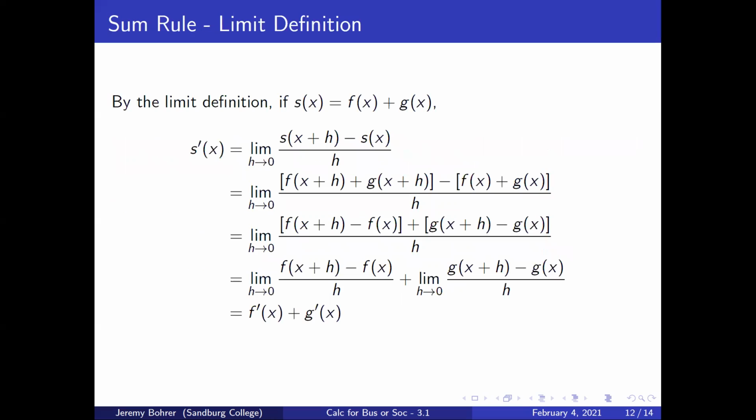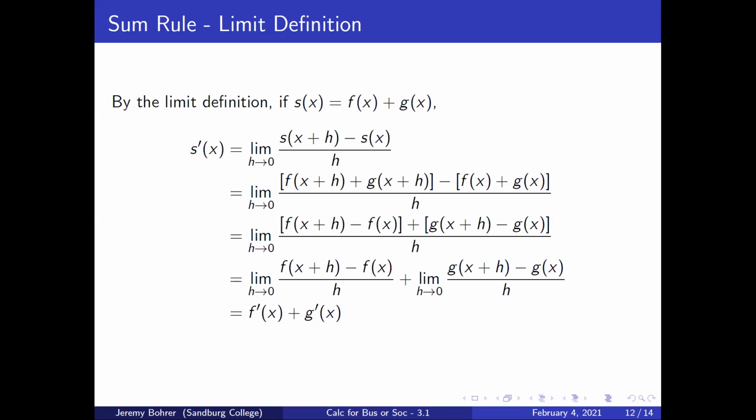which is f prime of x plus g prime of x. By the limit definition, if s of x equals f of x plus g of x, then s prime of x equals the limit as h approaches 0 of s of x plus h minus s of x over h, which is equal to the limit as h approaches 0 of f of x plus h plus g of x plus h minus f of x plus g of x all over h,